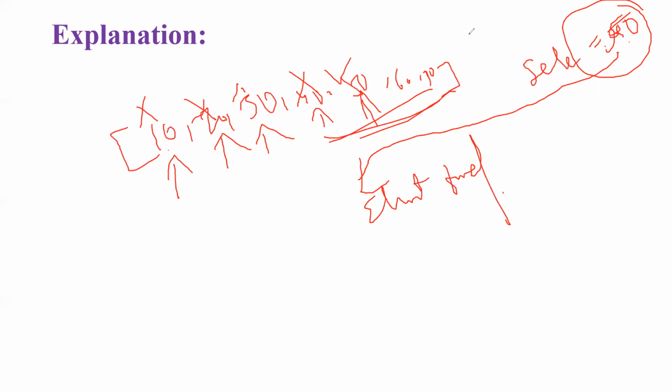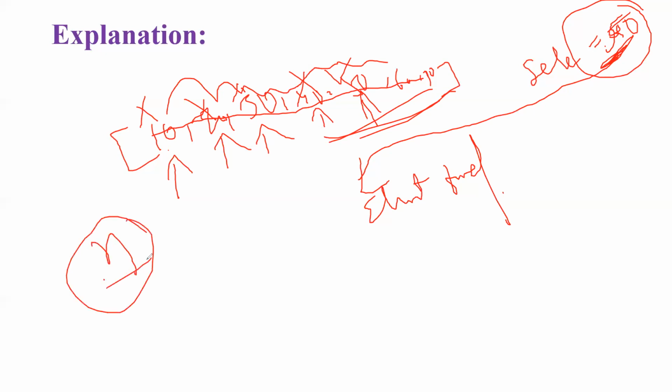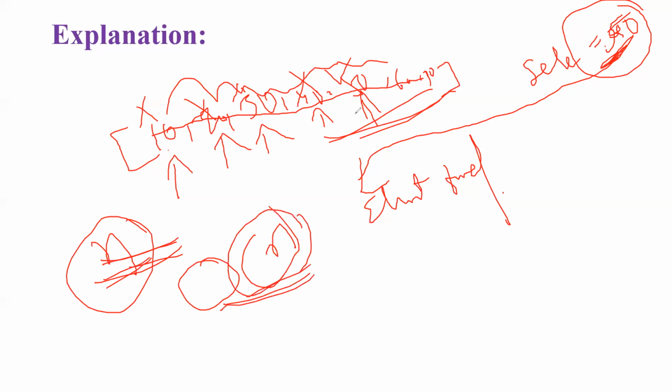Okay. Now, if in a scenario you traverse the complete list but can't find a match, then in that case you will give a message that element is not found in the list. See what is happening here? One by one, the elements will be checked, right? So linearly, the elements will be checked one by one, which means if there are n elements available, for the worst case scenario, your algorithm will take a complexity of big O of n. Okay, which means you need to make n comparisons. That is the disadvantage of the linear search.